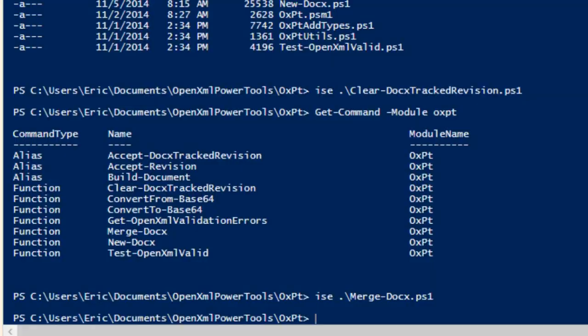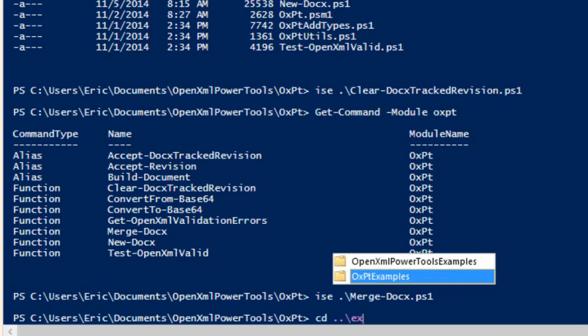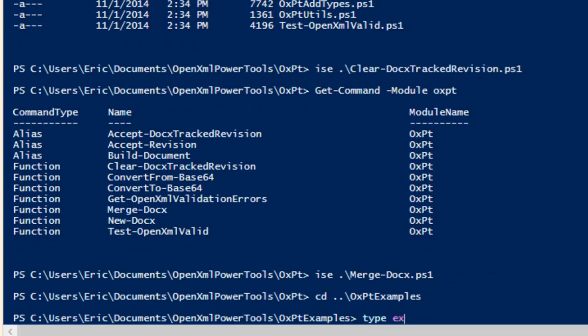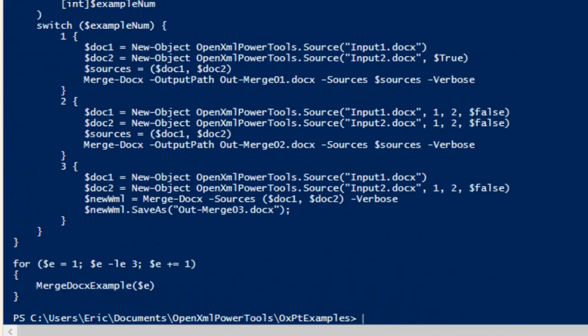And if I save it and go back here, if I were to run this commandlet right now, I wouldn't see those changes. So what I can do is remove module